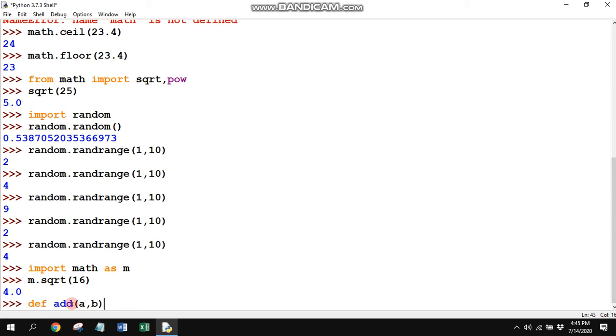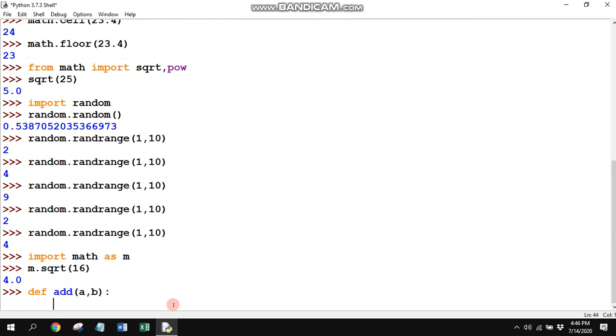Then in the parentheses we give parameters or arguments. You will understand this next. After this we put a colon, which means this is the block, and next we write the code inside it.